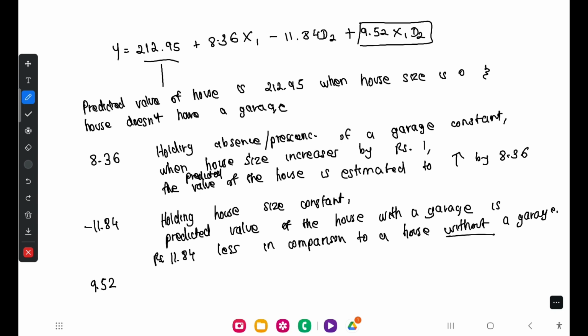And what can you say about the dummy variable when there is a garage in comparison to one without a garage? These are the ones which we considered when we are explaining it separately. Now we have to put everything together. So we can say the predicted value of a house